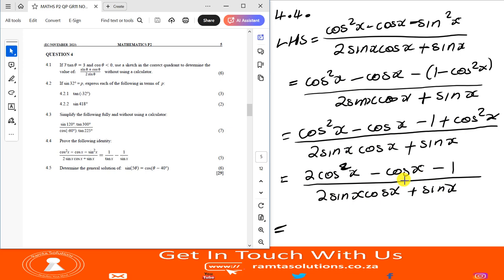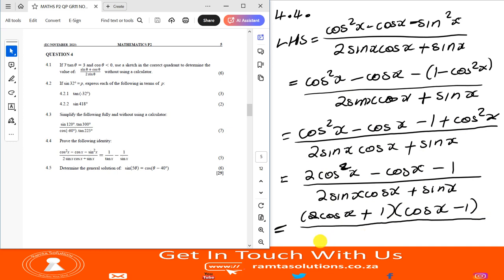It looks like we can factorize it. Indeed, we can. It'll be 2 cos x, minus 1 for now, and then it'll also be cos x minus 1, but because I see the middle term is negative, this guy must be positive. Now, denominator, I'll